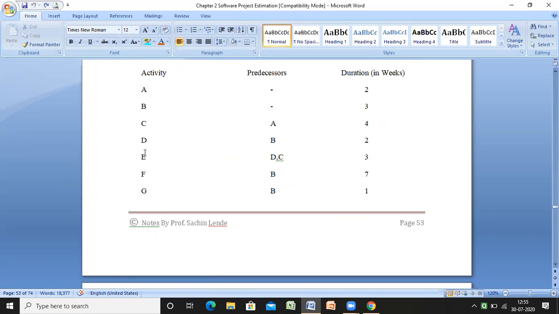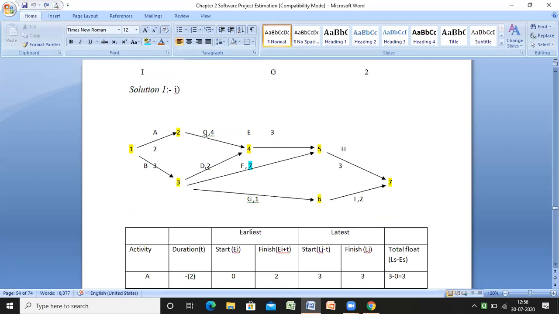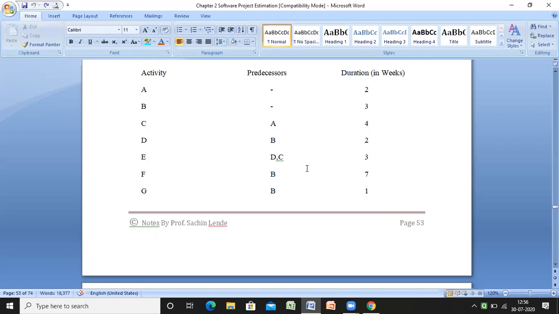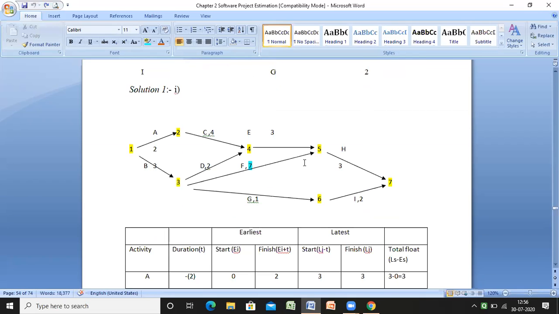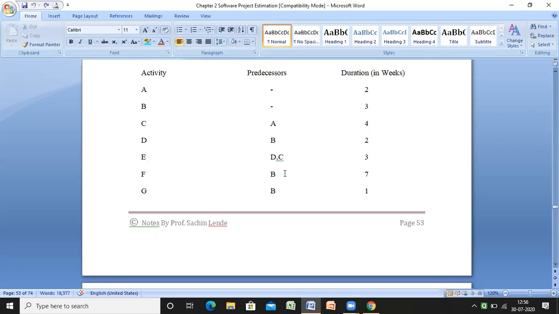Now the next activity is E, and its predecessors are D and C. Already we have an activity from C, and there is another activity from D. So it starts from C and from D. This is another activity to be carried out, and its duration is 3. In this way I can calculate and reach the particular path. This is the difference between predecessors and activity. Predecessors means previous activities. The previous activities are involved as predecessors, and this is calculated by the current activity's duration time. So the current activity is ending.